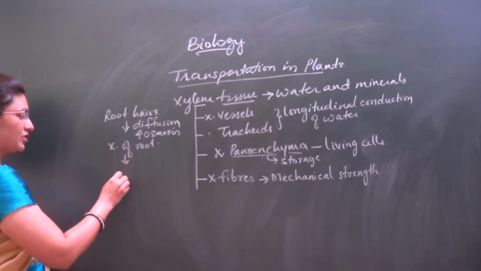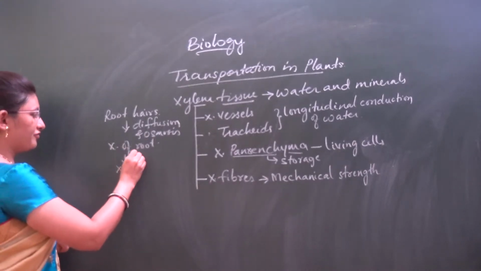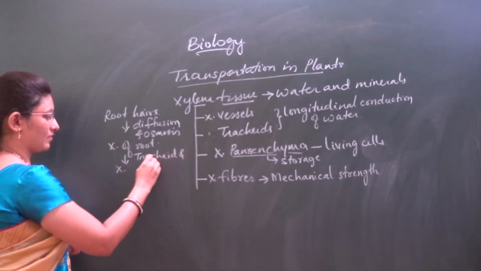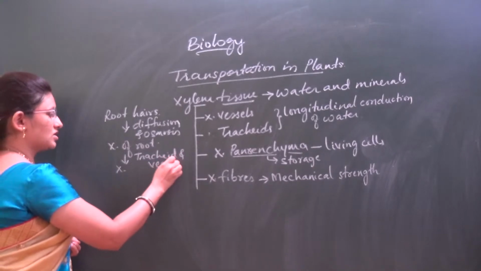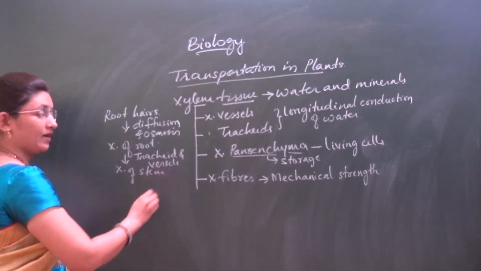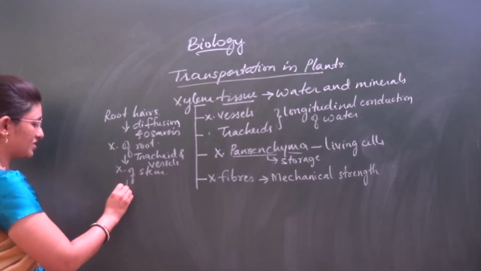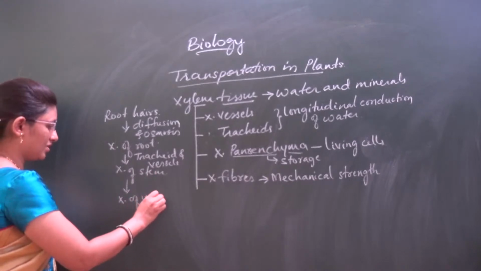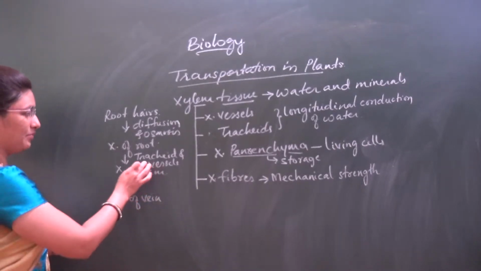From the xylem of the roots, with the help of tracheids and vessels, water enters into the xylem of the stem. And from here, it moves up into the xylem of the vein into the leaves with the help of the